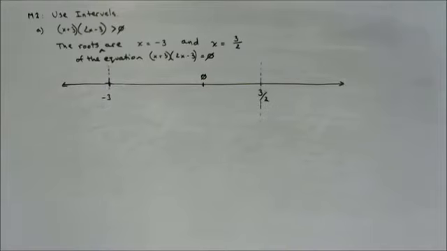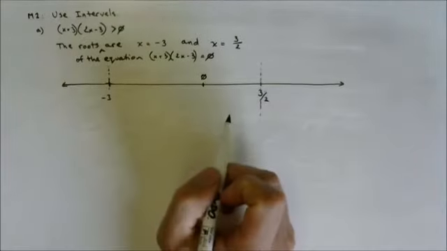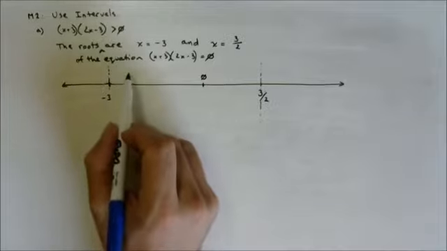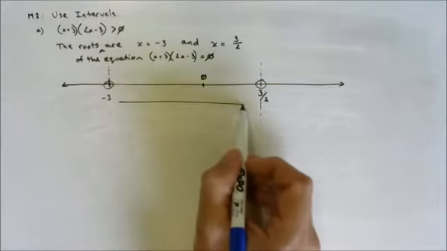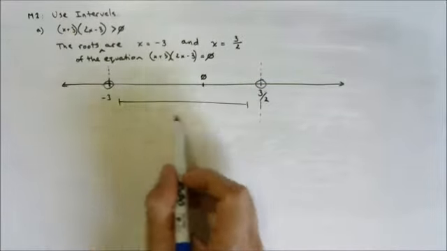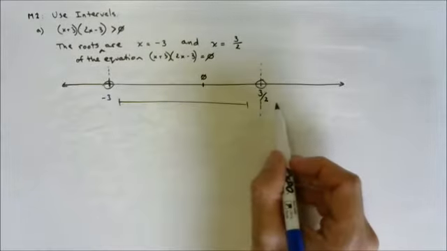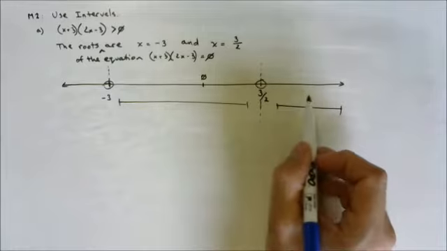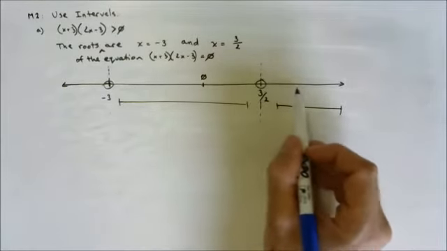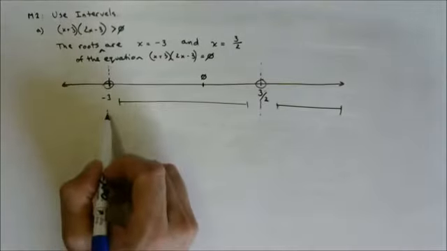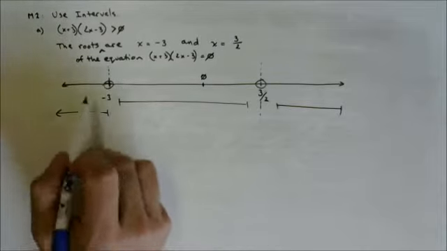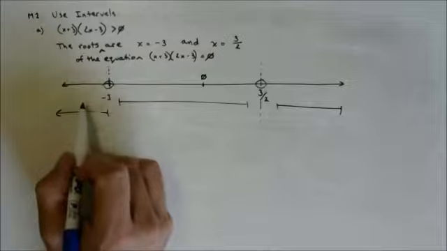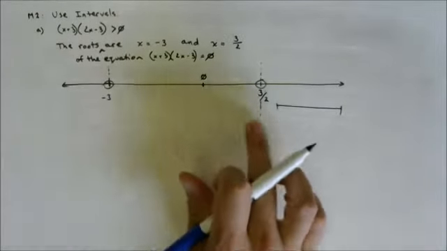And now what we want to do is test values within each interval. So basically what we know is if the function itself is changing from positive to negative at this point or at this point, then between those 2 points, it's going to be positive or negative for the whole interval. And over here, if it's positive or negative for one of these values of x, it's going to be for all of the values of x in that interval. Same thing down here. To the left of -3, it's going to be either positive or negative. It's not going to change anywhere in this range. So if I pick a test value here and it's negative, then this whole interval would be negative. Okay, so what we're going to do is